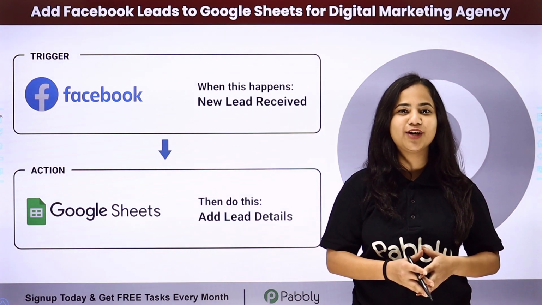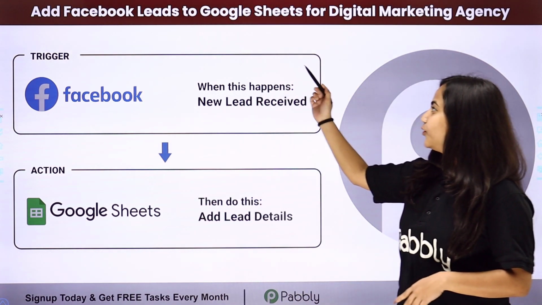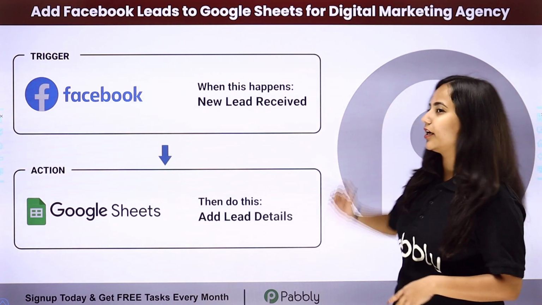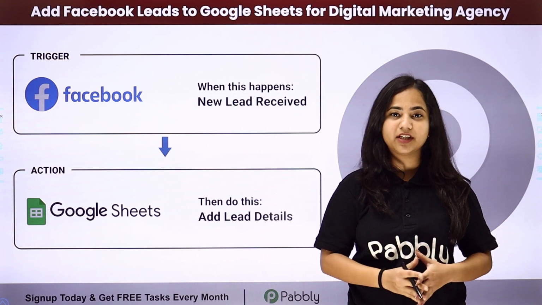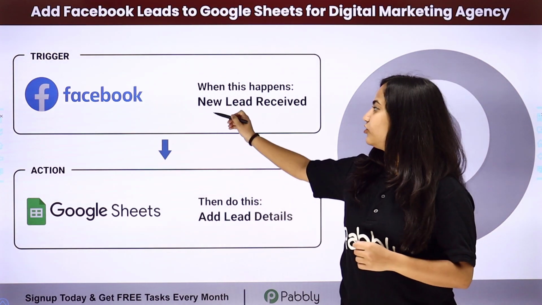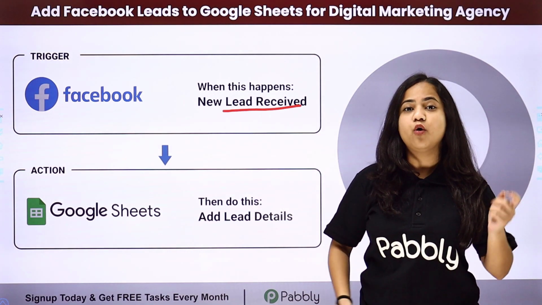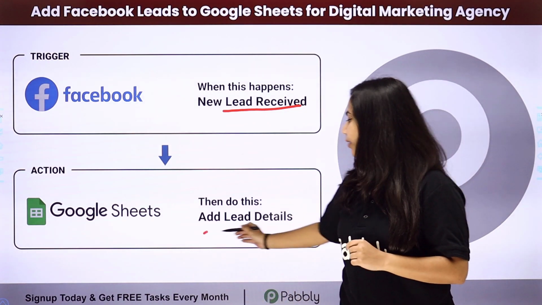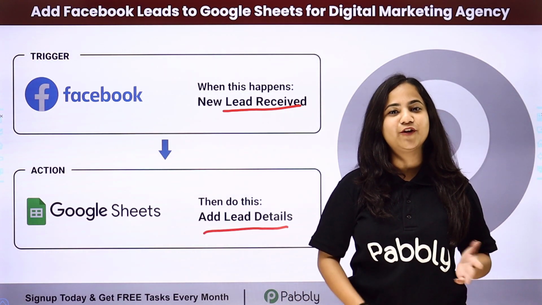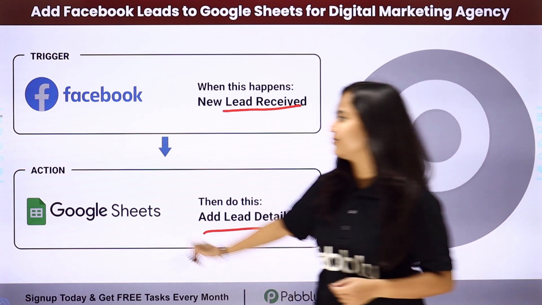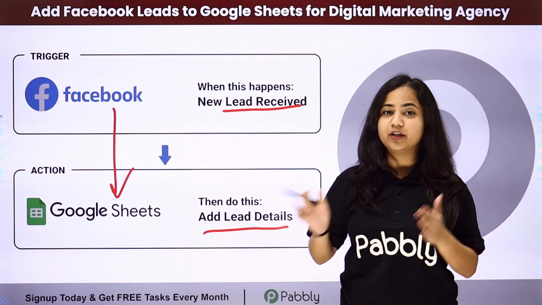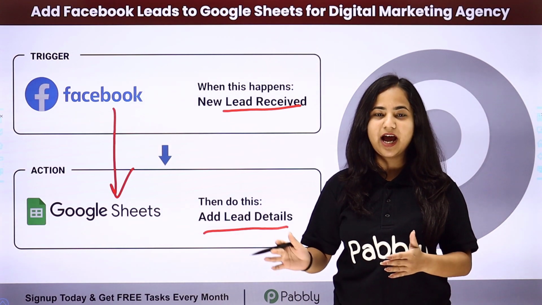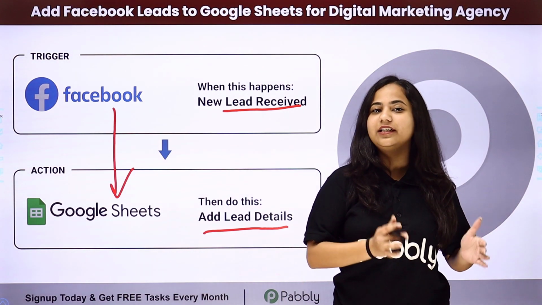Today in this video, we are going to see how to add Facebook leads to Google Sheets for a digital marketing agency. I run a digital marketing agency and here my objective is that whenever a new lead is generated through Facebook lead ads, all the lead details should be added into my Google Sheets automatically. For that, I'm simply going to create a connection between Facebook lead ads and Google Sheets in such a way so that whenever a new lead is generated through Facebook lead ads, automatically all the lead details would be added